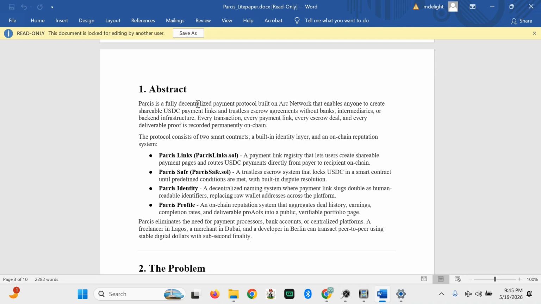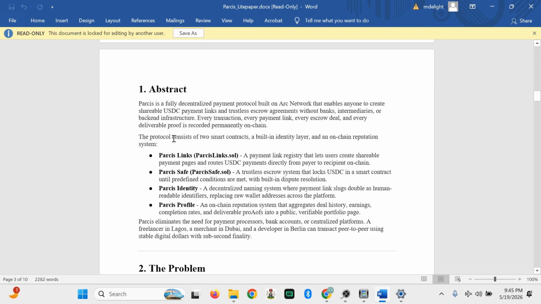We also have an escrow agreement, a trustless solution for deals between traders, without a bank or intermediary, only you and the smart contract. These are the main fields we focus on in this protocol.